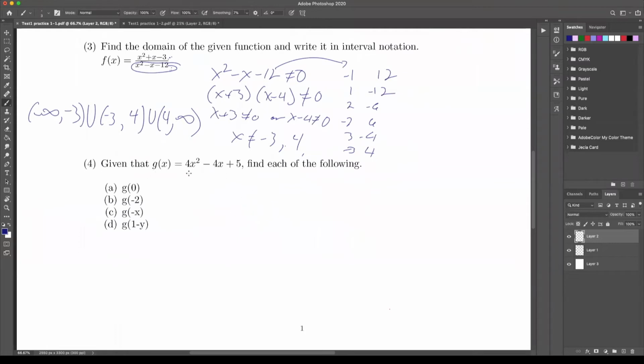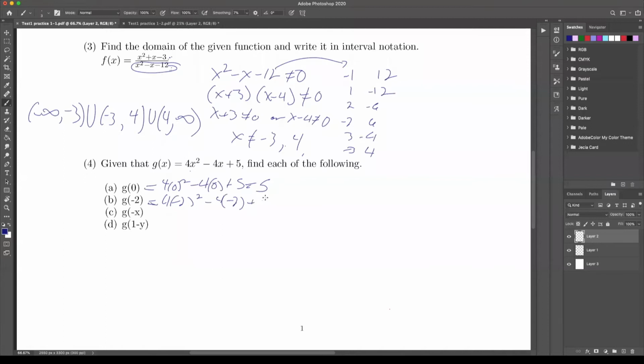All right, so here, given this, we want to find the following for each. So we're going to find g of 0. So if I plug in 0 here, let's do a, g of 0, well, I'll have 4 times 0 squared minus 4 times 0 plus 5. Well, that's just 5, right? 0 times 0. Here, if I have g of negative 2, I'm going to just plug in 4 times negative 2 squared minus